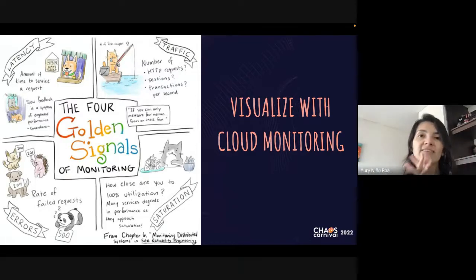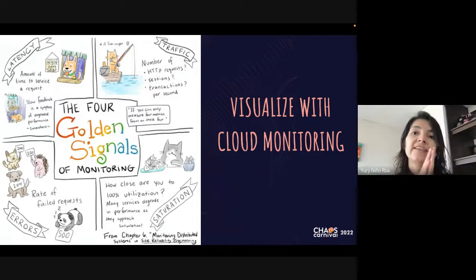The third metric is related to errors. It is an indicator of the rate of requests that are failing. It essentially represents the rate of errors in an individual service and for the entire system. Errors represent the rate of requests that fail explicitly or implicitly by policy. Example metrics include 400 and 500 HTTP codes and number of exceptions, stack traces, and dropped connections.